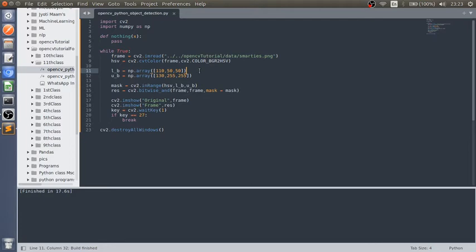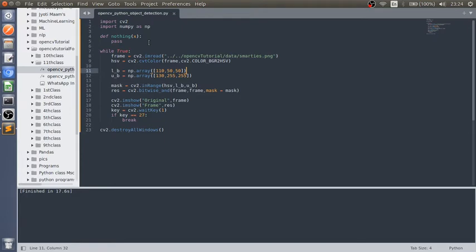Now our next task: we are going to detect the upper HSV and lower HSV of blue colors by using our track bar. We have already learned in previous classes how to create a track bar. We have a create track bar function, so we are using that one only.